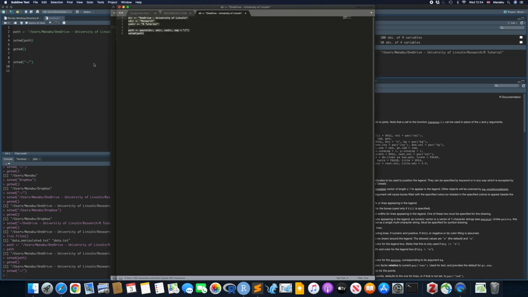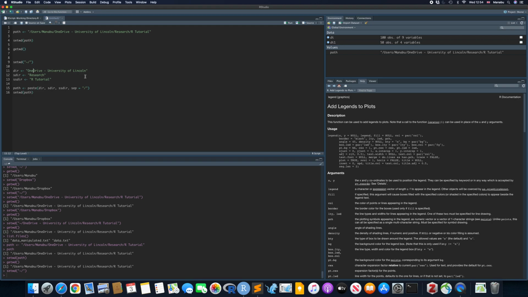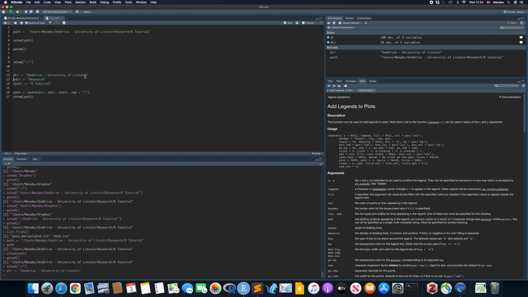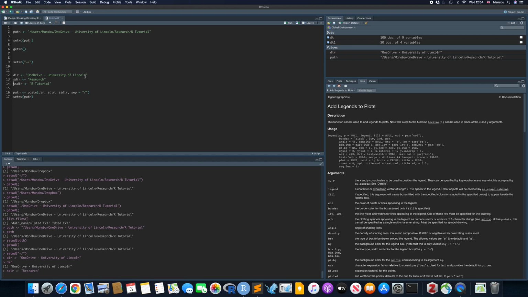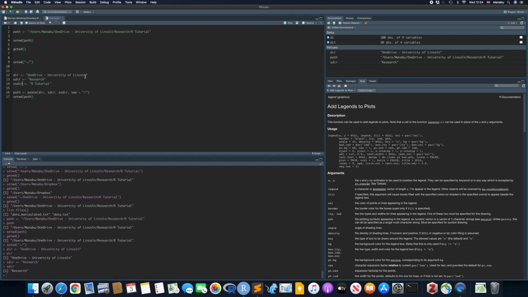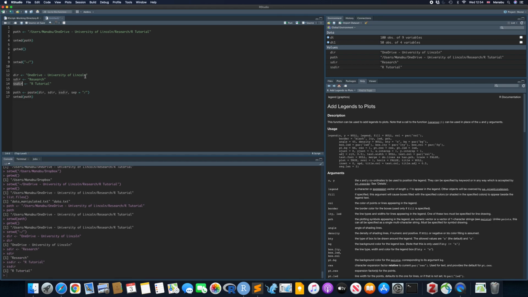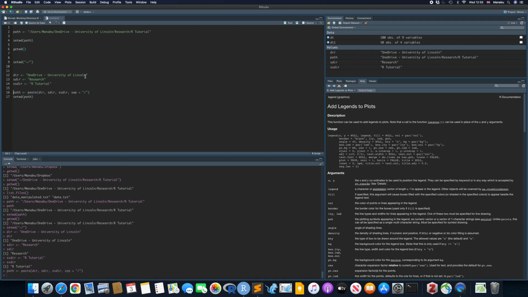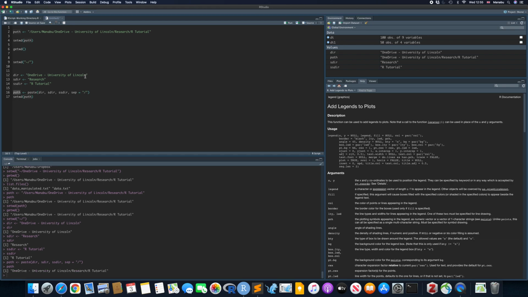And then the benefit of using this is that you can start manipulating different file paths in different ways. So let's say that we want to call the OneDrive location as an object, the research folder as a different object, and the R tutorial folder as another separate object. So these are directory, subdirectory, sub-subdirectory, so I just call them dir, sdir, ssdir. And then we can create a path using this paste function, for instance, and then we can separate it by this forward stroke. So then the path is exactly the same as before,